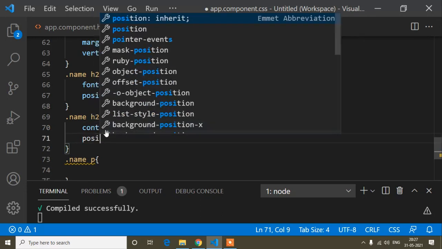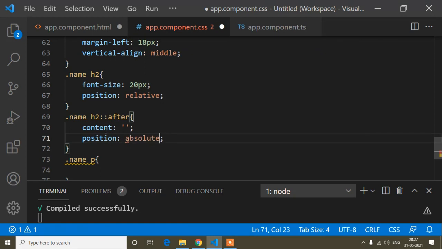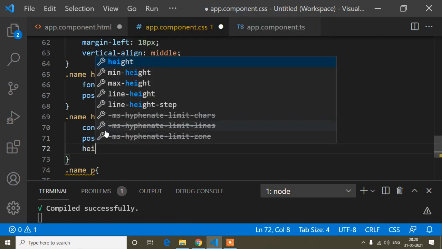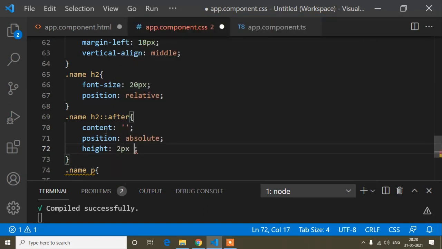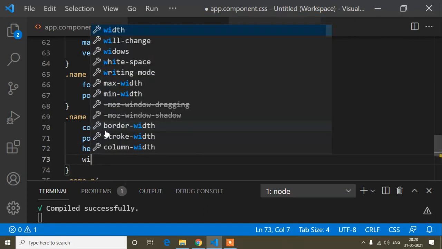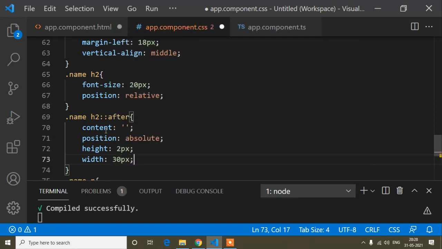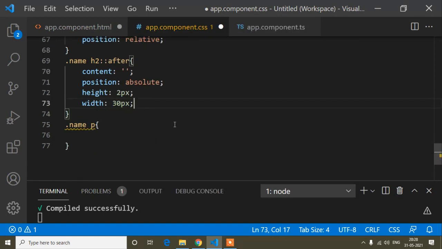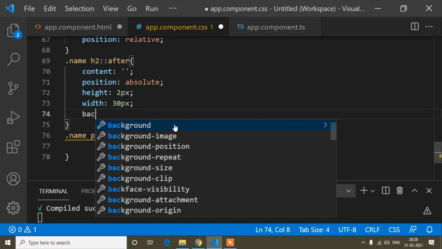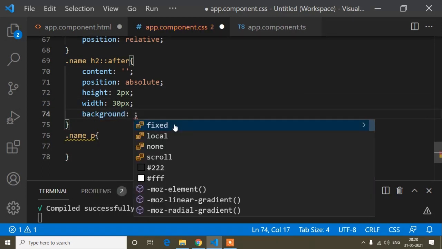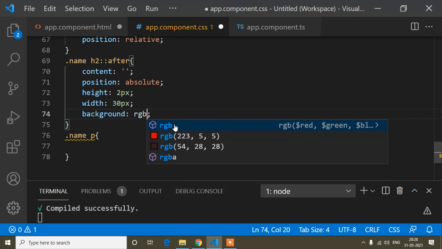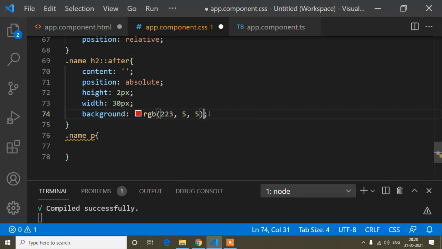Here I will write position is absolute, the height of this line will be 2 pixels, and the width of this line will be 30 pixels. This line you can also design as per your choice. And now I will write the background color of this line, RGB and this color. Okay, so this red color I want to add to this line.